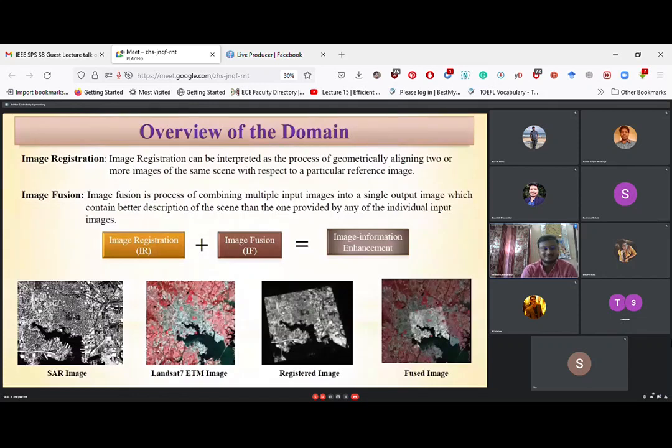First of all, image registration. You can see it is a SAR, synthetic aperture radar, grayscale image. And this is an ETM, enhanced thematic mapper. Thematic mapping means several themes are there. Some portions are green, some portions are red. Red means habitats, human habitation or houses. Human habitation is more, so it is red. Green means lands, the lands of agriculture. And this deep green or black portion means water body. Okay, so it is thematic mapping.